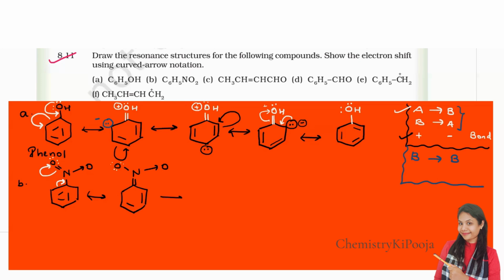Now the next one is, every time I'm going to shift one pi bond. Now the next one is, this bond will be shifted to the adjacent bond. This trick we are applying: bond to adjacent bond. Now again, I'm going to draw it as it is. This double bond N, oxygen. This will remain as it is. I'm going to put lone pairs. And then here will be the double bond. Here it is the double bond. Clear?